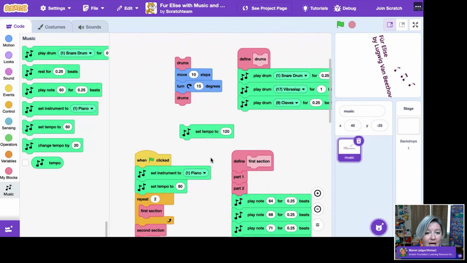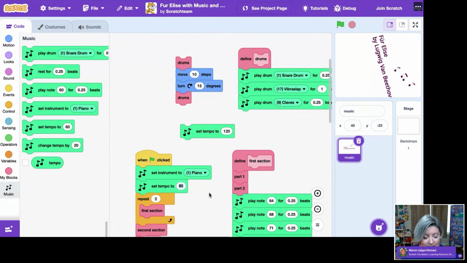There's my fleur-de-lis. But if I change this tempo, which was set at 80, to say 160, or maybe I want to change it down to 20. And it's interesting how just changing that tempo really also affects the emotion, I think, and the vibrancy of it. One sort of sounded very melancholy when you slowed it down versus when it was sped up. It was much more energetic and exciting. And so just a really neat way of seeing how you can manipulate sound to again give a sense of emotion in your project.